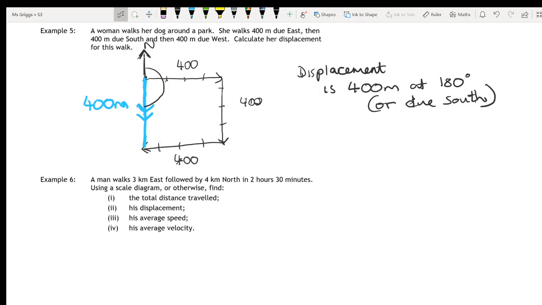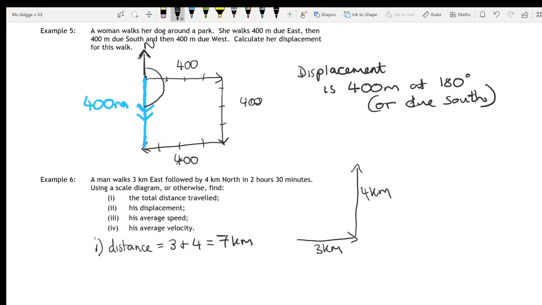So we've got 3 kilometers east, and then 4 kilometers north. So the total distance, remember the distance is just the total distance travelled. It doesn't matter about any kind of bearing or anything like that. The total distance is going to be 3 kilometers plus 4 kilometers, so 7 kilometers. Part 2,